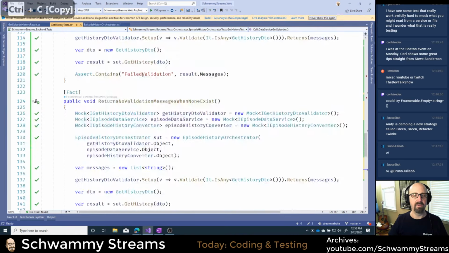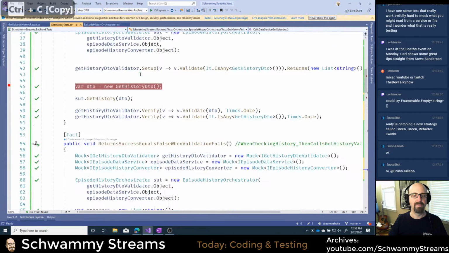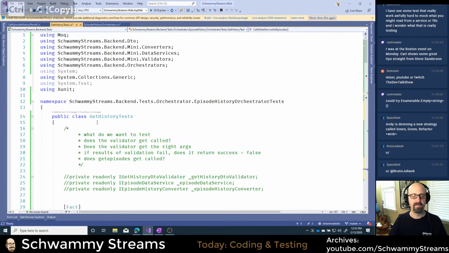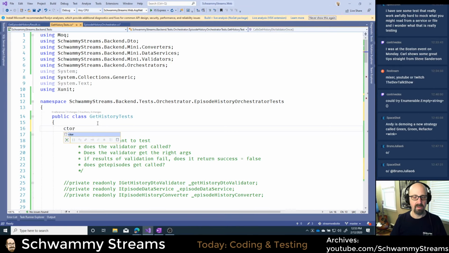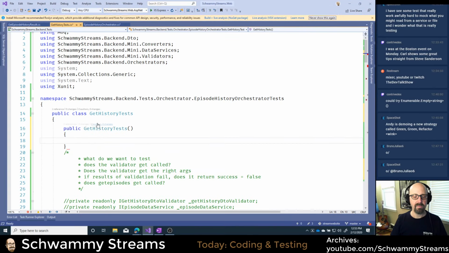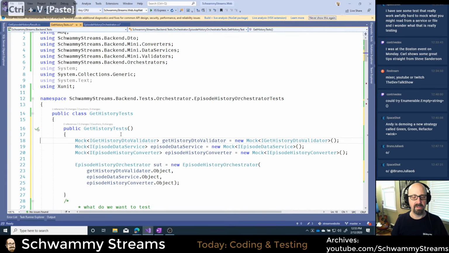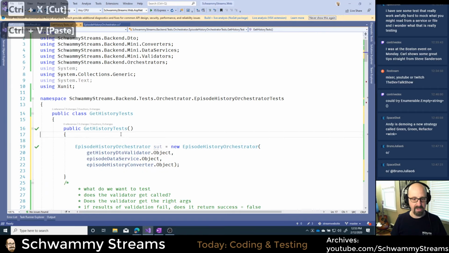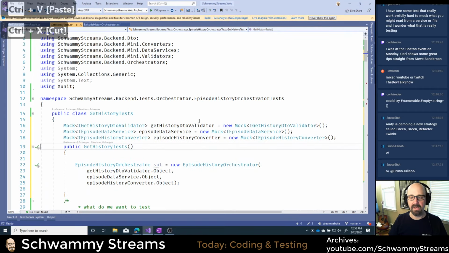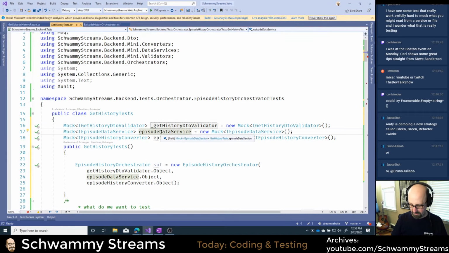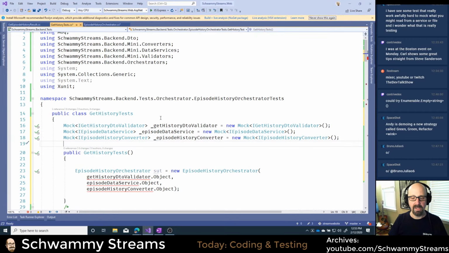One thing I can do is come up here and create a constructor. And I'm going to put this stuff in the constructor. I'm going to move them out. And I like to use underscores. Okay, let's just put my underscores in here.